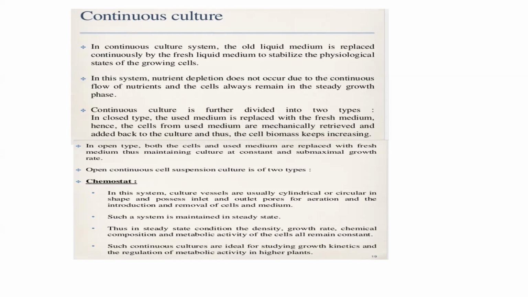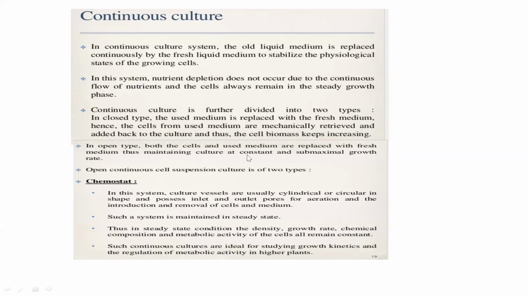Whichever secondary metabolite you want produced, you will have to add the ingredient precursor. For any metabolite you need a particular precursor. For example, shikimic acid is a precursor for shikonin. Shikonin is a secondary metabolite. So if you want to produce shikonin using continuous culture or batch culture, you will have to add this shikimic acid in the medium. Only then will it be processed to shikonin. That is the kind of process which we deal with in tissue culture.